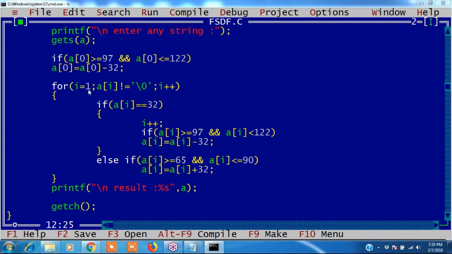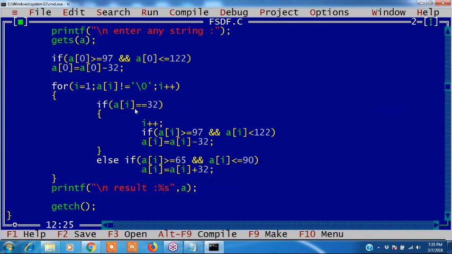Now I am taking from index 1. Why? Because the 0 value, the first character, is converted. Next, what I am writing here, see. Here, what I am converting, see. From 1 to null character we are taking.